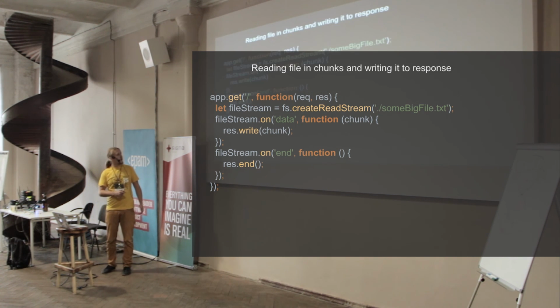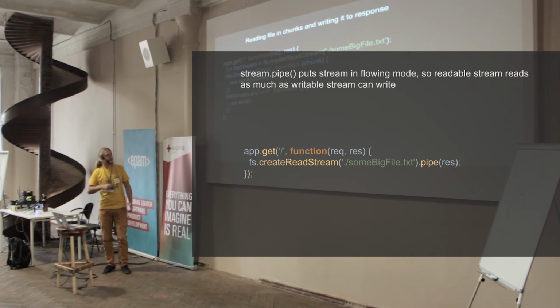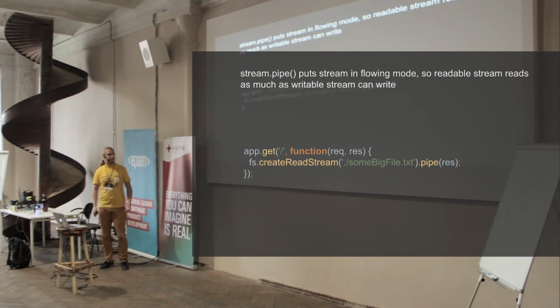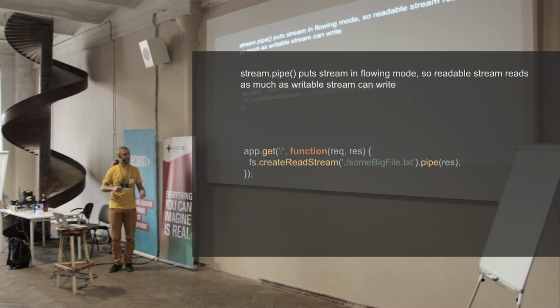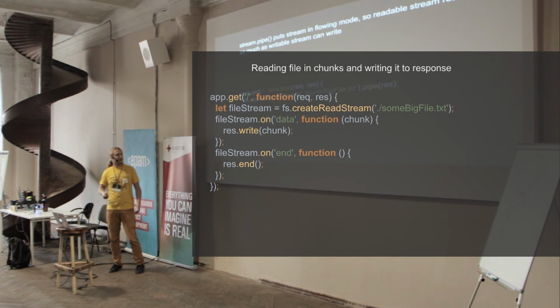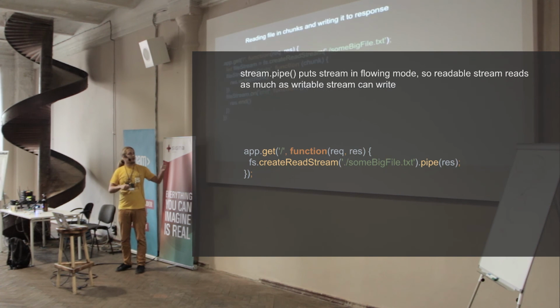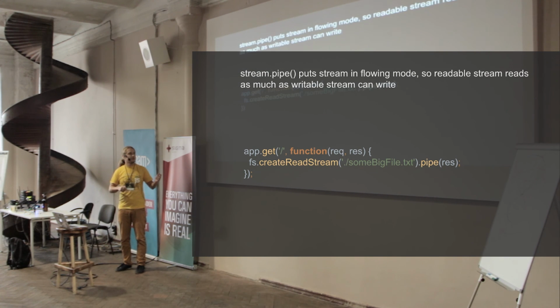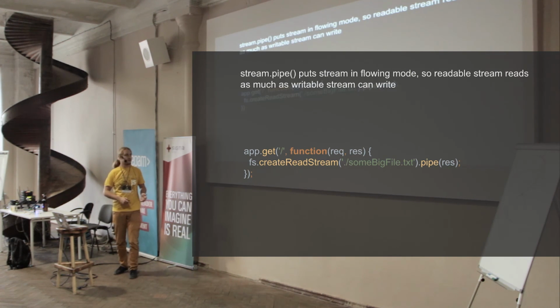So just to avoid this manual handling of events like on data and on end, there is a good function of stream called pipe. So actually you can say that I don't care at all about these events, I just want to get some readable stream here, and I have a writable stream here. I just want to get from one stream to another stream, and I don't care about events. So this is what pipe does.